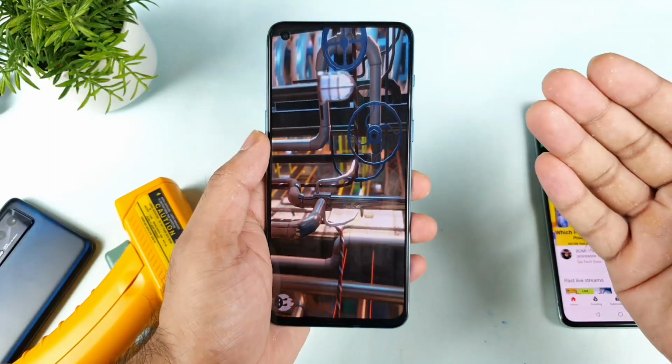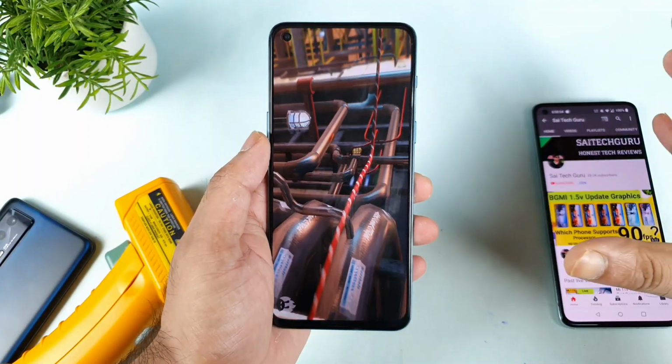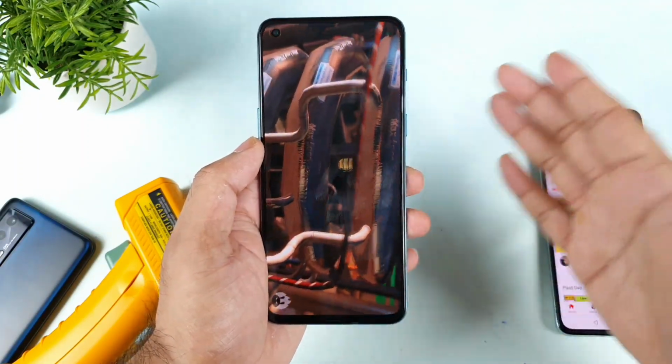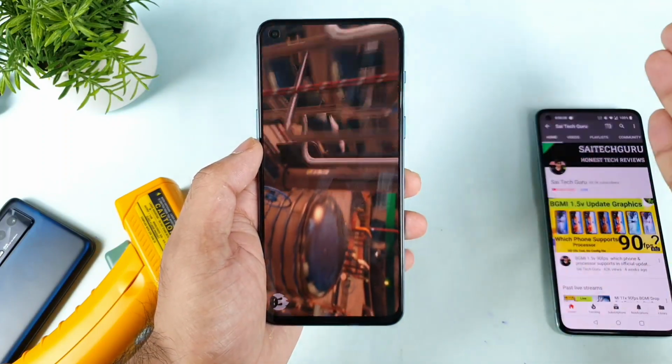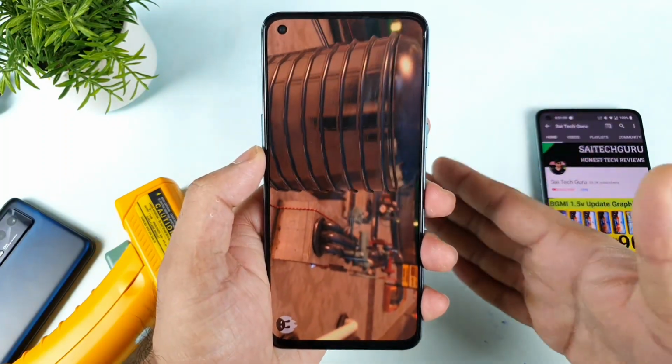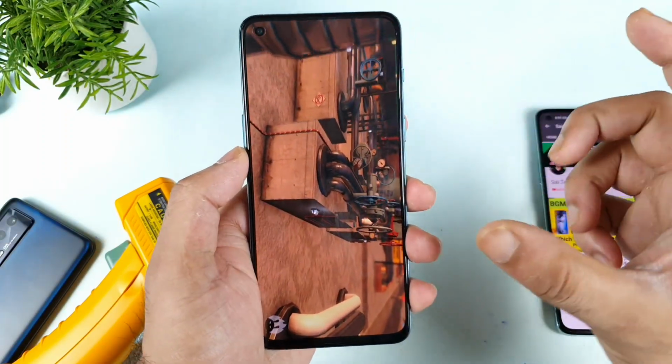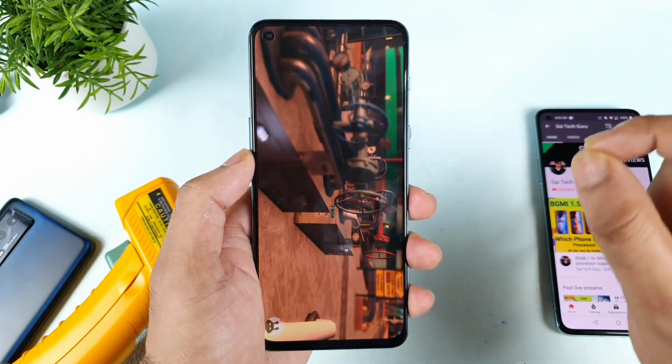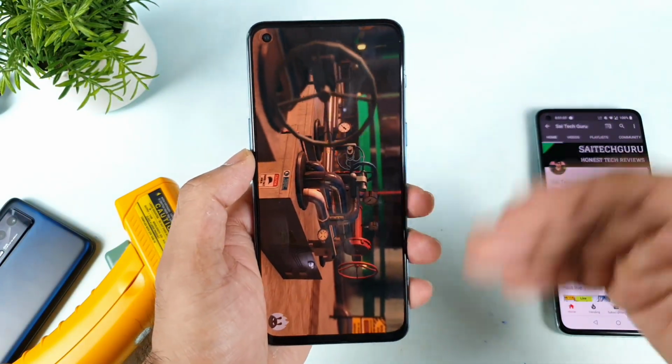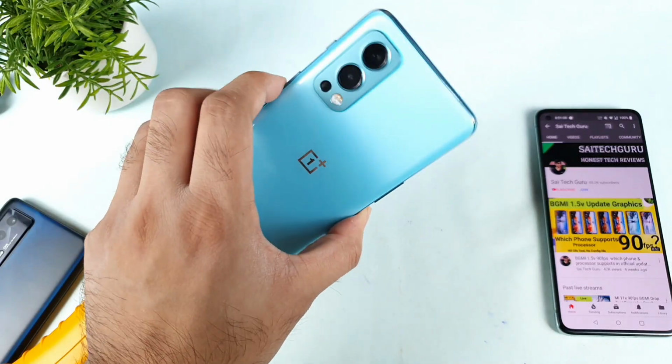I will be back once the Antutu benchmark test finishes entirely. I just don't want to make this video very lengthy. That is the reason I'm trying to skip to the last part itself. That is a request which has come from a lot of other users, keeping the video very short, close to 3 to 4 minutes only. So again, I'll be back after the Antutu benchmark test has been completed.